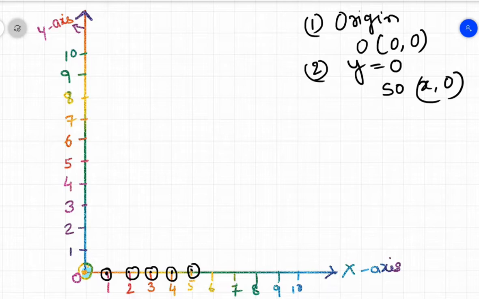Now see, what is the distance of the point 4, 2 from the y-axis? First of all, plot the point 4, 2. 4, 2 means from 4 on the x-axis, you have to draw a straight line. First of all, draw a straight line from the x-axis, that is 4, in such a way that it moves straight. It is perpendicular to the